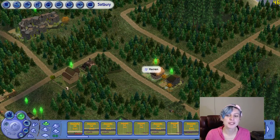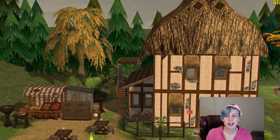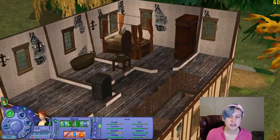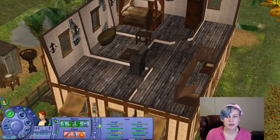Today we are going to be playing with the Harren household. She is a yeoman. So here is the Harren house. You can see it's a lot larger than a lot of what we've seen. So here's Adelaide's bedroom. She's got the dresser, a bathroom with a tub, as well as this is her bank